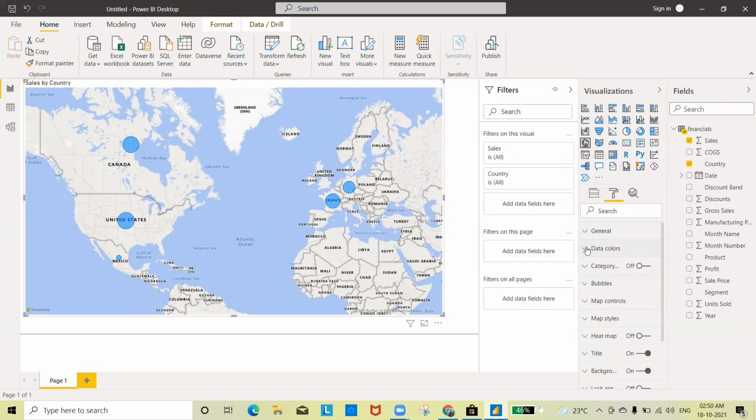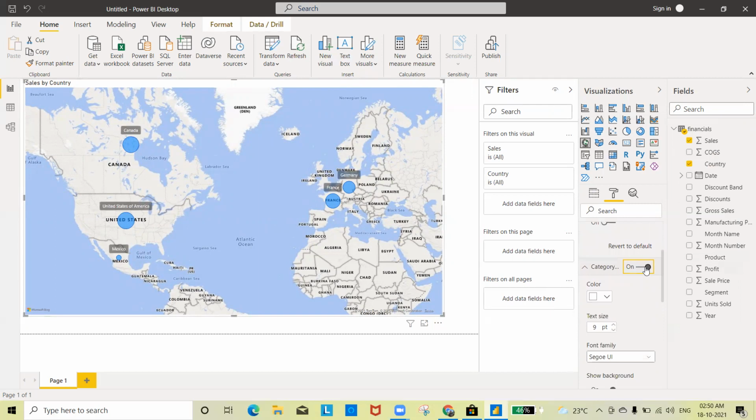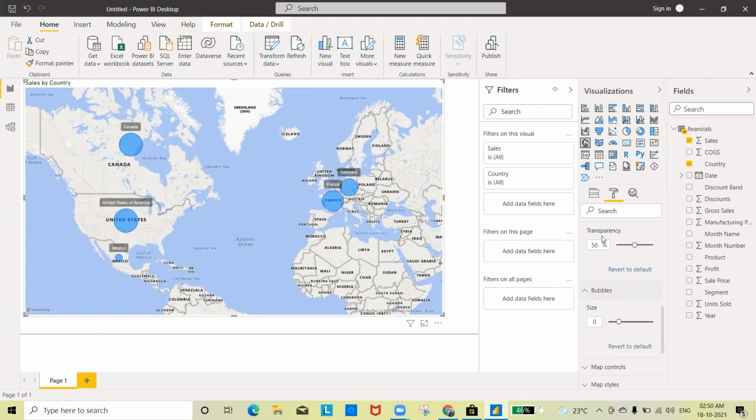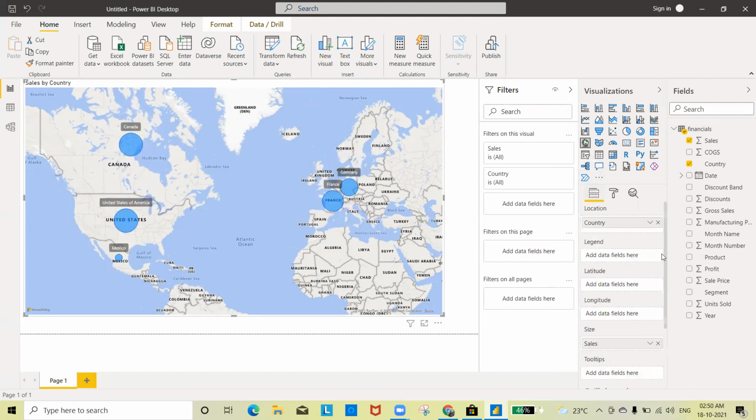If you go to the format part, this is the default color for all the things which are there. Category. So let me go to the category first. I will show you what category is and how it is working. If you just click on that, see, all the categories came here, like United States of America, Canada, Mexico, France, and Germany, and you can give them color, whatever you want. Okay. So bubbles, this is the bubble size, how you control them. Some bigger bubbles, some smaller bubbles, whatever you want to do. You can start playing around with it, because these are very simple things and you have to learn that.